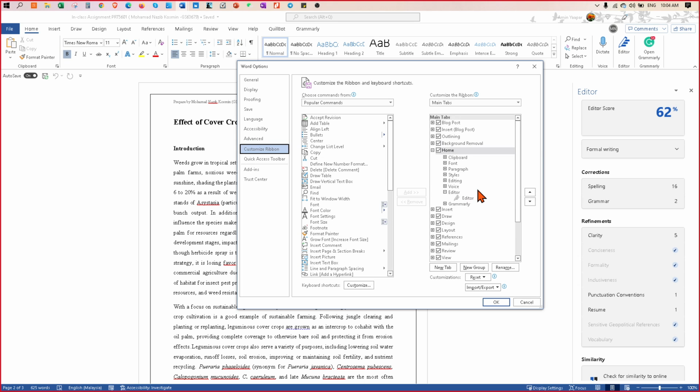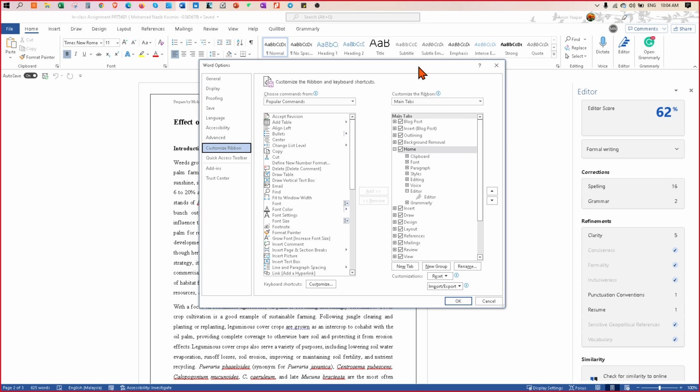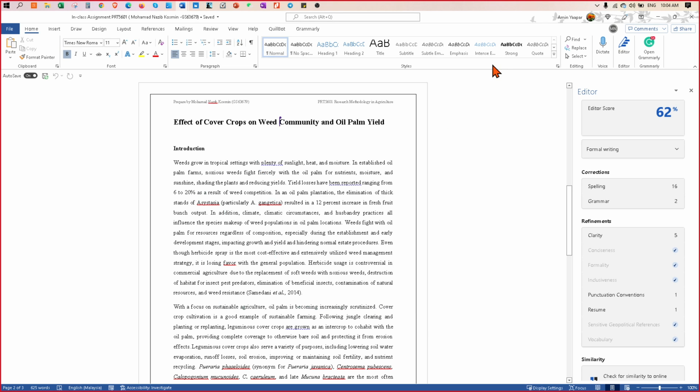Under view, customize the ribbon. Certain Word version baru ada. Probably my Word is Office 365, so I think that's quite comprehensive.